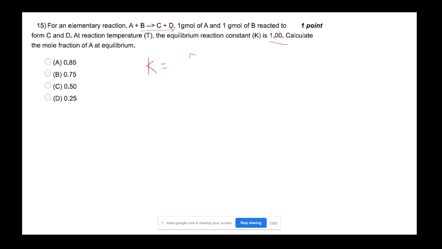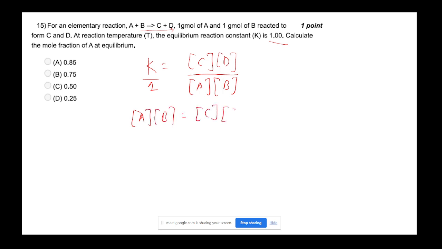It is nothing but concentration of C raised to the power of its stoichiometric coefficient, which is 1 for each and every case, concentration of D, divided by concentration of A into concentration of B. Now since K is 1, concentration of A into concentration of B equals concentration of C into concentration of D. So for balancing the equation at equilibrium, what we will do,